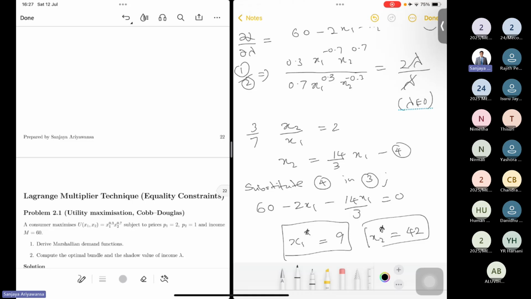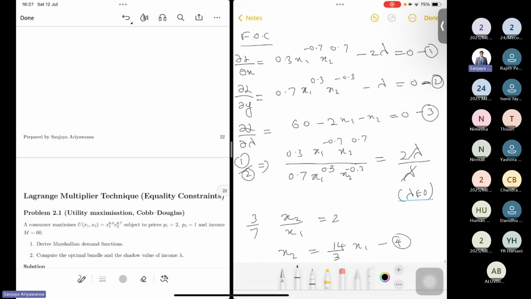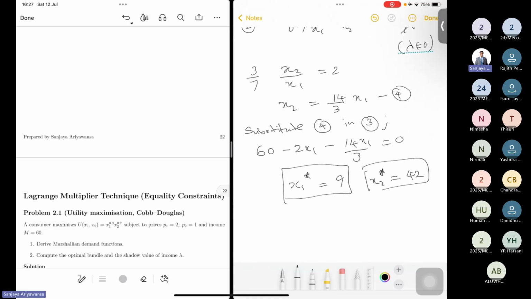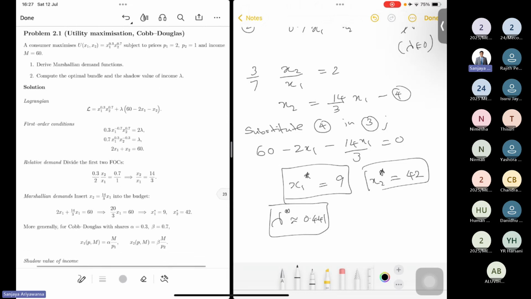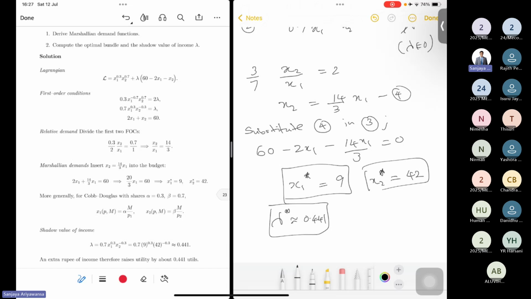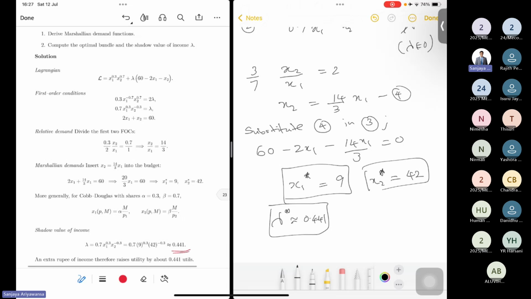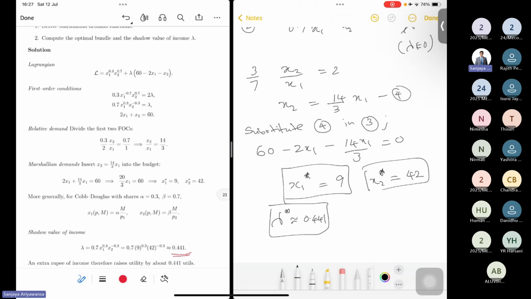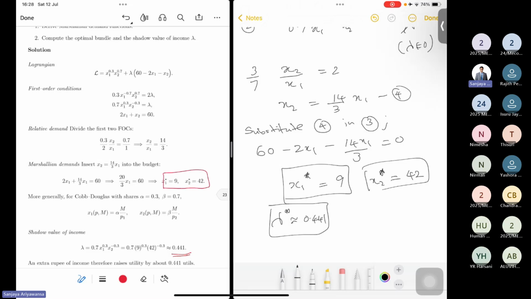And if I substitute x1 and x2 in my, let's say, first equation, I would get lambda as something roughly 0.441, right? So that's the answer you get, and that's what I've given here as the solution. Just check. Sometimes there might be incorrect ones. Some of these solutions could be incorrect, but what matters most is the method in which you